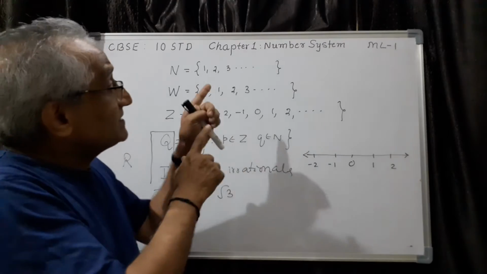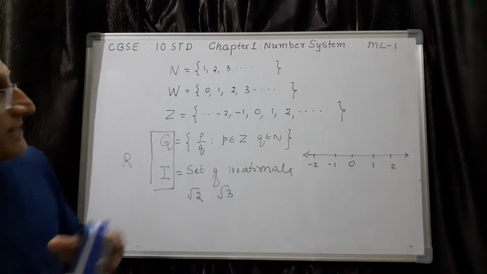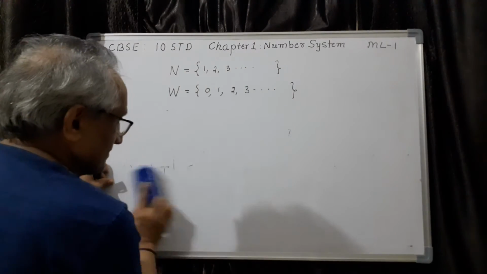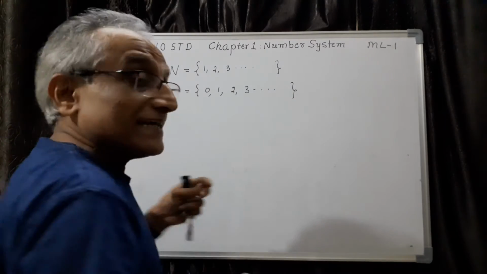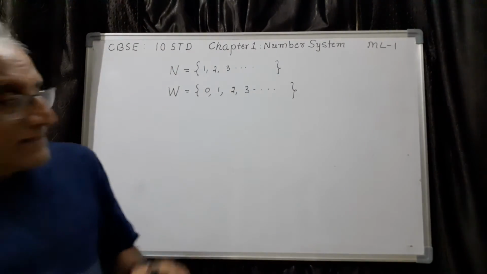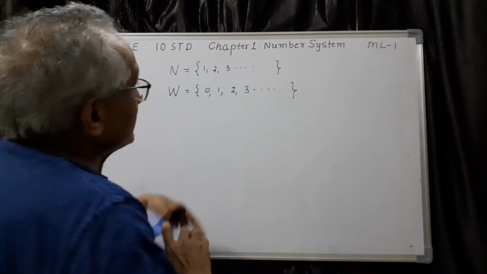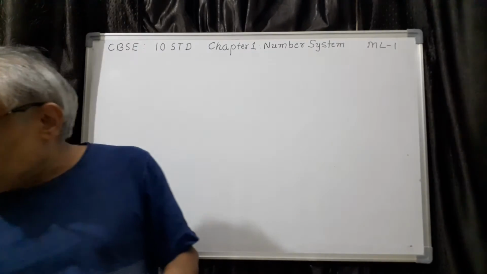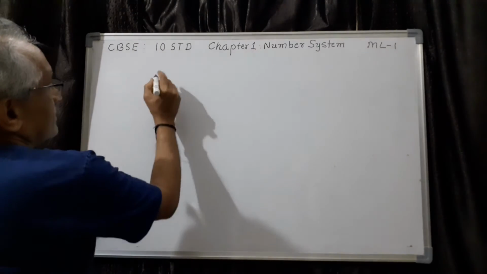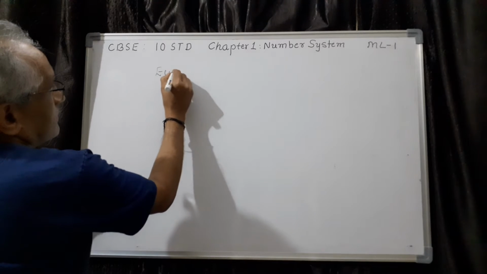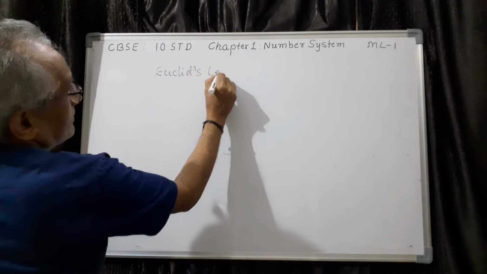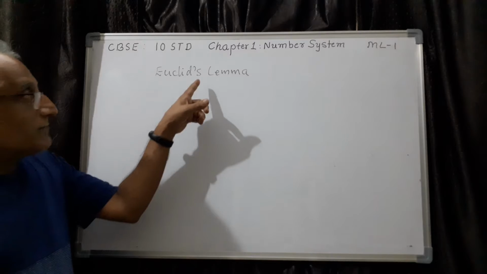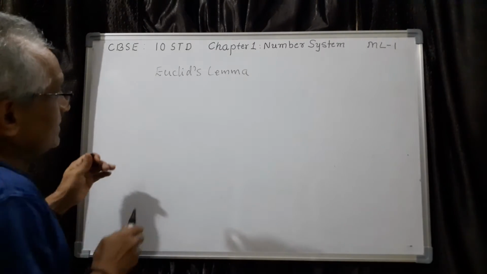Now what we are doing in this chapter is once again number system. We are taking only integers, and for the sake of study, we don't take negative integers also, we take only positive integers. That means all this including 0 also. Then we study some of the properties. So that is the plan of this chapter actually. And in this chapter we are studying one is Euclid's lemma or theorem actually, but it is called lemma. So this is one thing we are studying. I am going to discuss this one first. Then we are studying an algorithm.